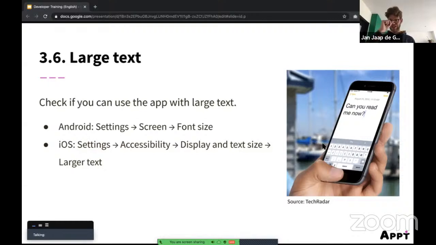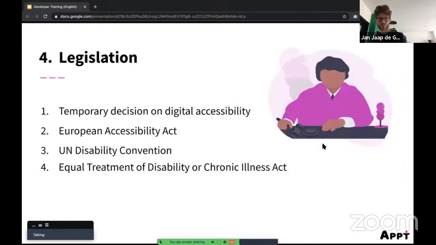Then I'm going to be a little bit short on this because we are developers and there are a lot of people to work on the legal stuff, I guess. But I think it's good to know there are basically 4 to take into account. The most impactful right now is the temporary decision on digital accessibility. This one is for the whole of Europe, but each country has a different interpretation of it.